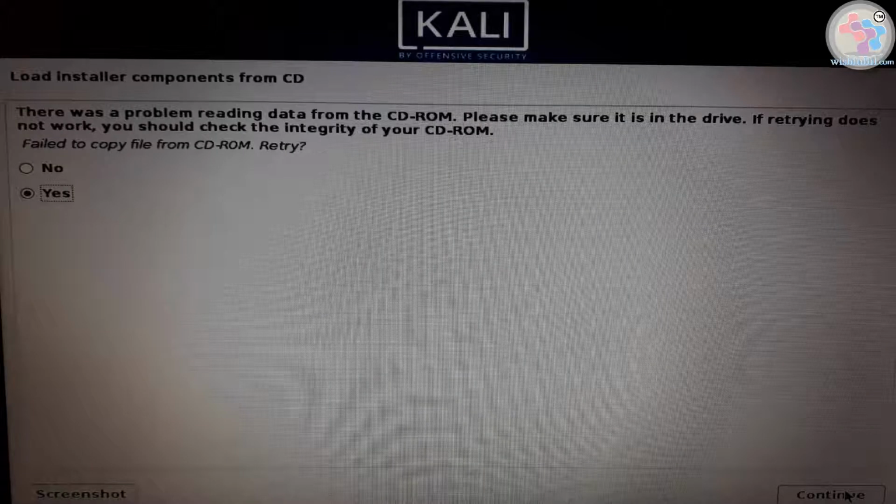Load installer component from CD. There was a problem reading data from CD-ROM. Please make sure it is in the drive. Retrying does not work. You should check the integrity of your CD-ROM. Fail to copy file from CD-ROM. So this continuously loops no matter how many times we retry, again and again we see this